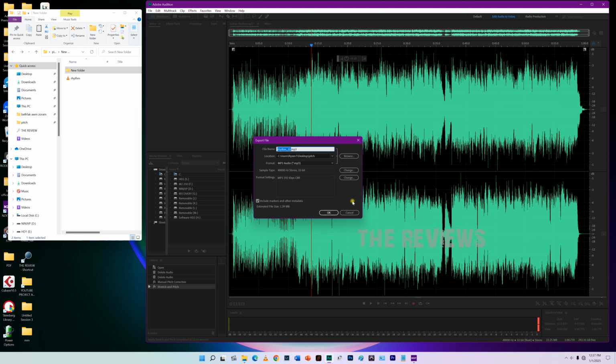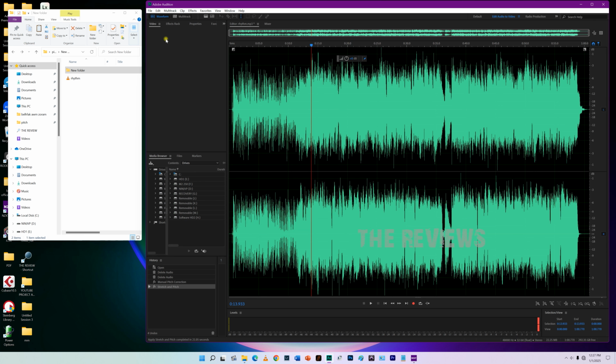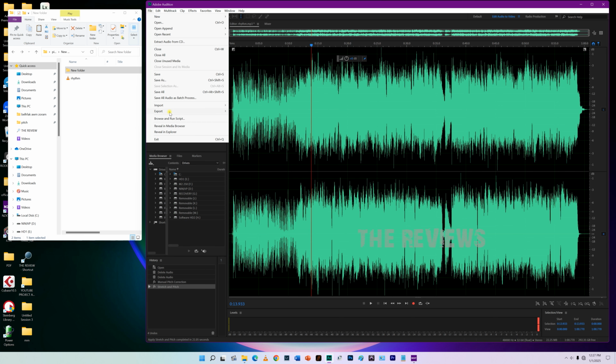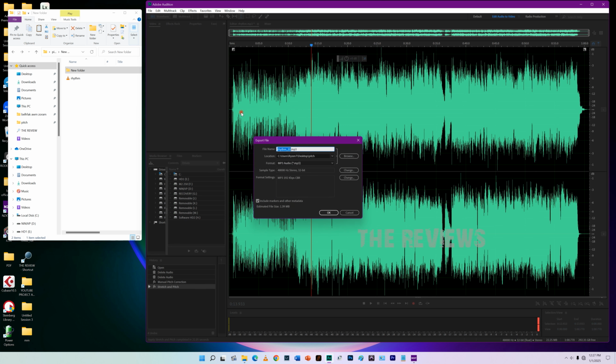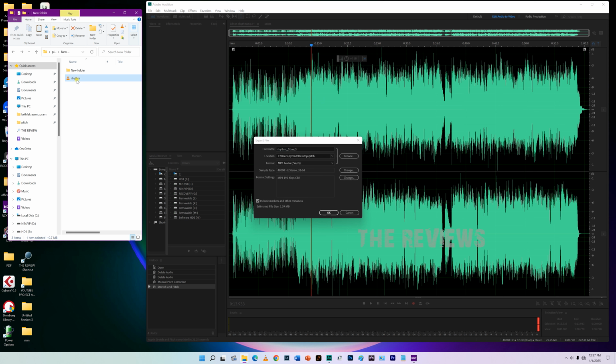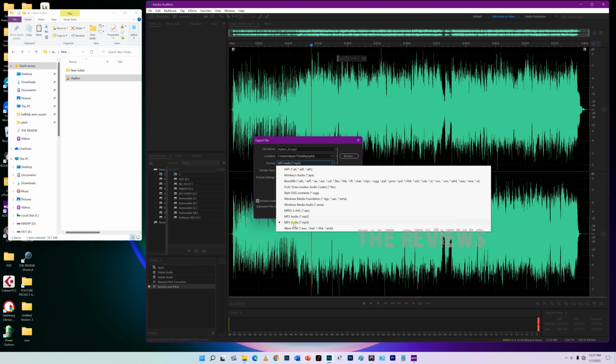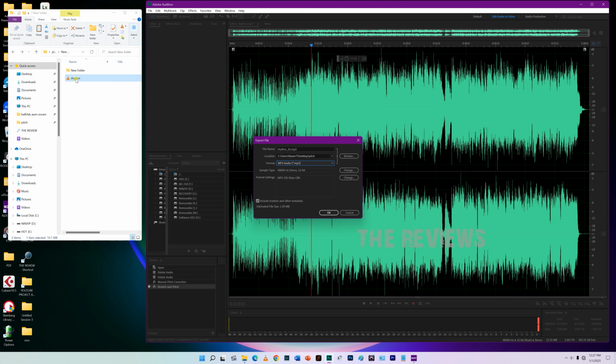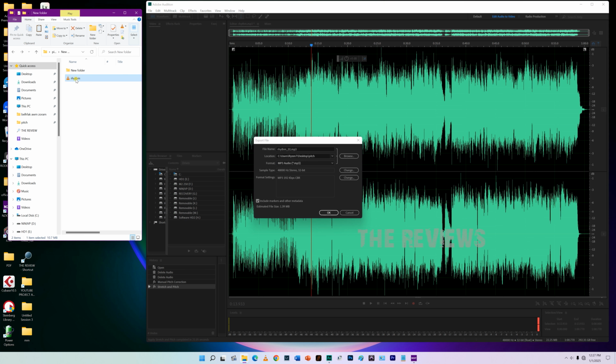So it's the same thing, right? Whether you want a shortcut or not is totally up to you. So under File, go here, Export and File. Very important here: if your original file is an MP3, then just export with MP3. But if your original file is a WAV file,